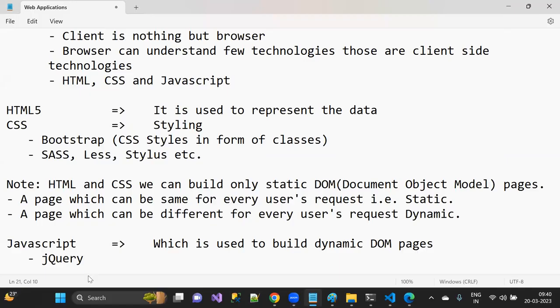Okay. So writing pure JavaScript is a very hectic process. We cannot complete it on time, because JavaScript is not a compiler-based language.